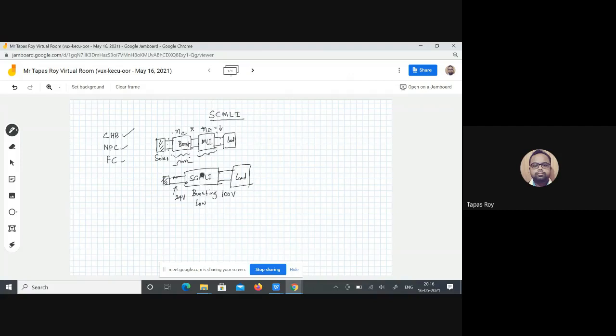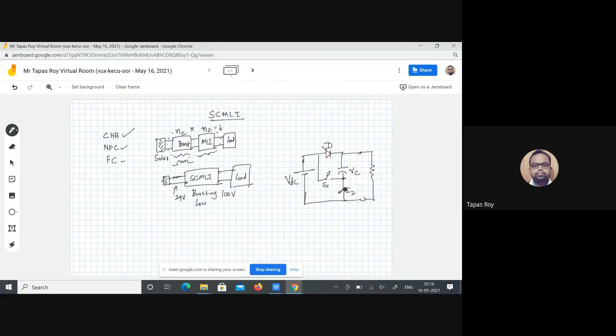If I look at the basic Switched Capacitor module, it is just a source, a diode, a capacitor like this, one electronic switch like a MOSFET, and another switch present here. So this is the basic module of the Switched Capacitor. How does it work? Let's say this is VDC, this is VC, this is S1, this is S2, and this is diode D, and the load is connected here.